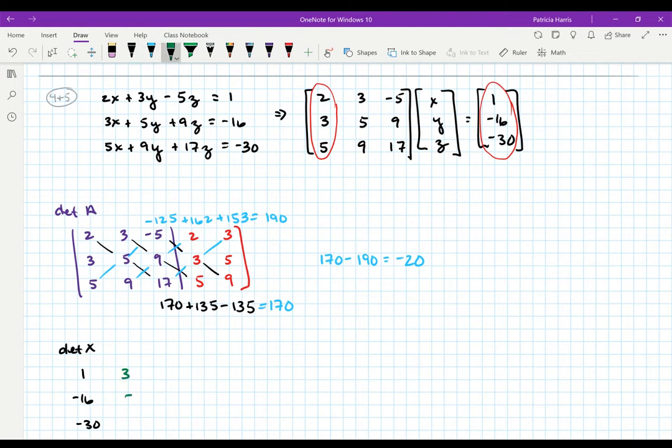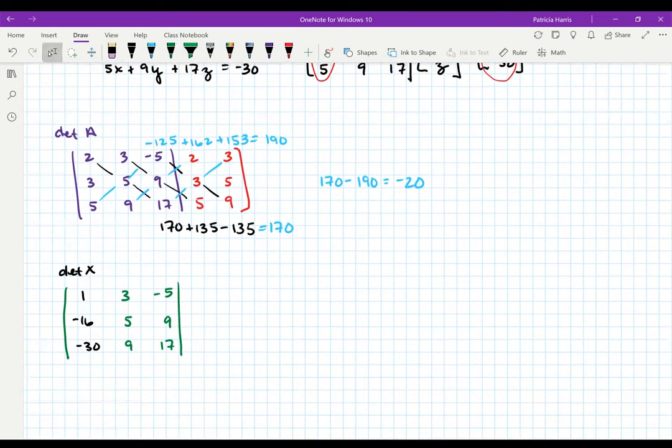So then 3, 5, 9. Everything else goes back to normal. And again, for this one, you might want to have a calculator available just because the numbers are a little bit larger. Okay, so very carefully,